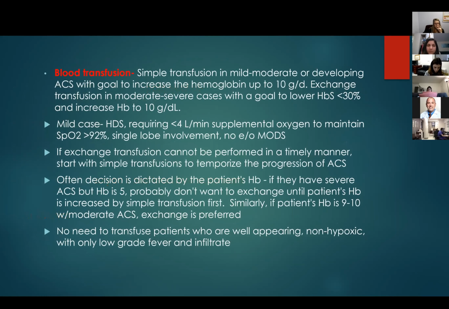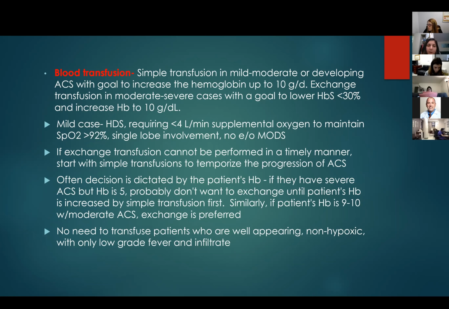Coming to blood transfusions, so when do you decide to transfuse someone and what kind of transfusion? So you can do simple transfusion or an exchange transfusion. Simple transfusion is indicated for mild to moderate cases, and the goal is to increase the hemoglobin up to 10. You really don't want to go more than 10 because hyperviscosity and volume overload is also something that we want to avoid. And an exchange transfusion, that's for more severe cases, and the goal is to lower the hemoglobin S to less than